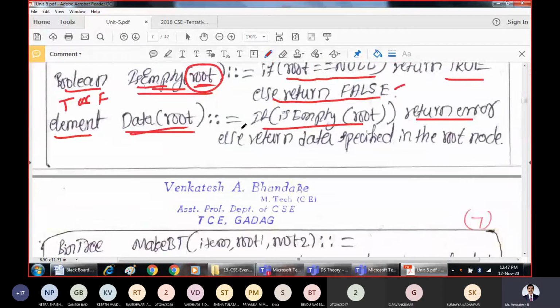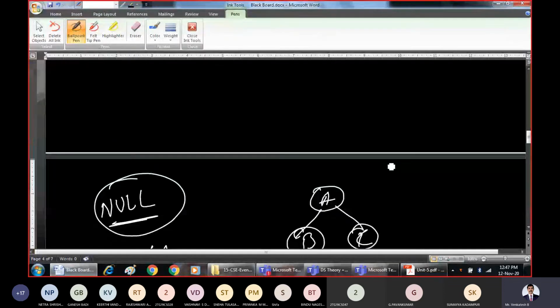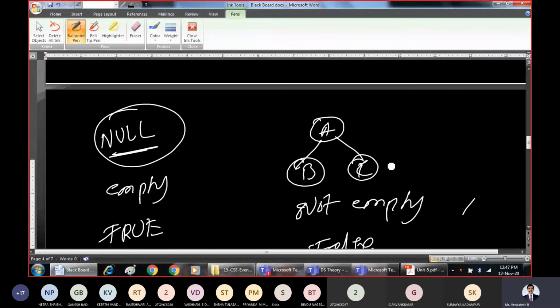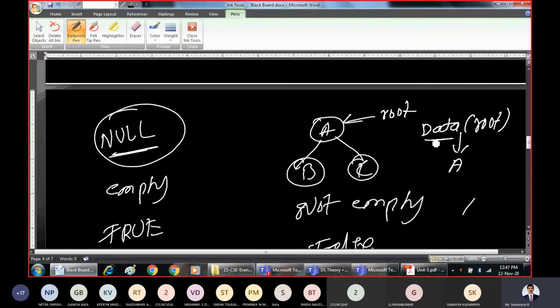What is the data of root? What is the function? Data of root. For example, if the root is pointing here, what will be data of root? This will return A, because it means the data present at the node where root is pointing to.